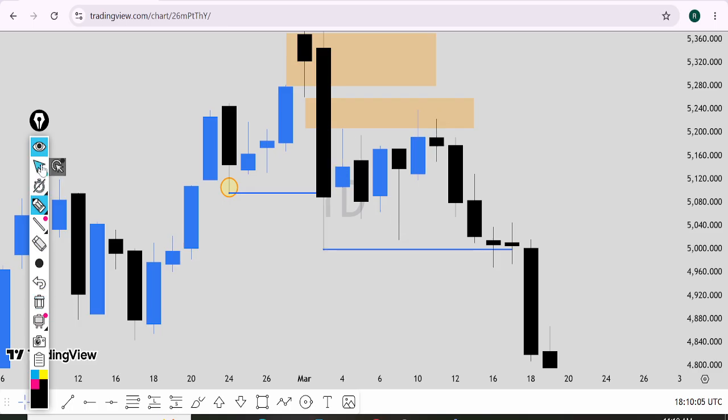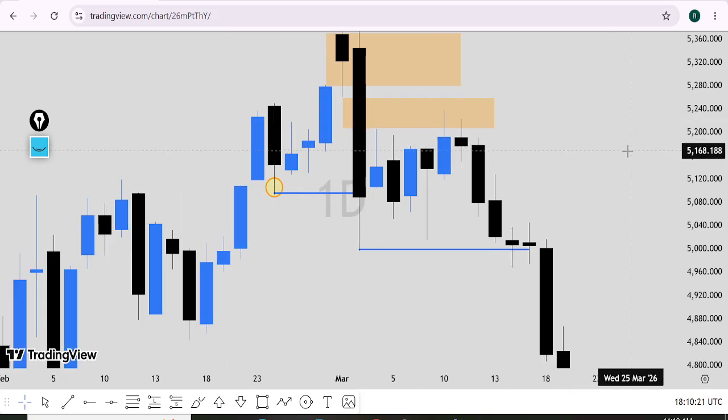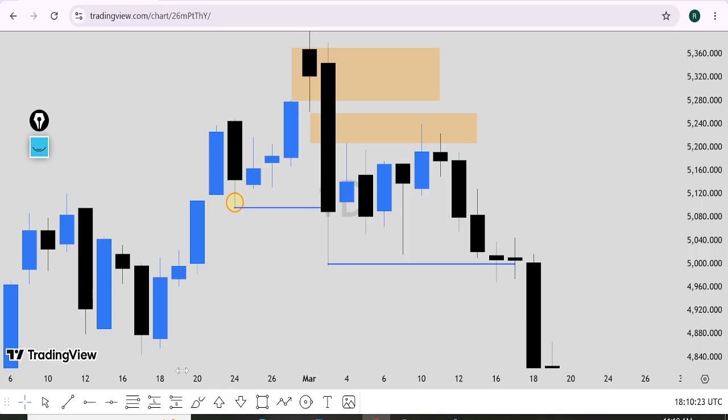I mean, if we have a recent structure shift to the downside while we are looking to sell, the price should not shift its structure to the buy side while going to tap the PDA of the daily chart. If it shifts its structure to the buy side, then your direction will be reversed and your bias will be changed. Okay, here price has not shifted its structure to the buy side after this structure shift to the downside,